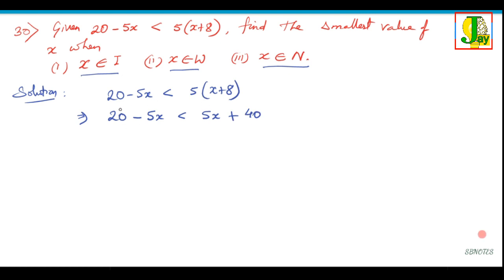or you can take 5 to that side first and then divide, because this one is divisible by 5 anyway, it doesn't matter. You can do this way also. So now we'll shift the smaller variable term to the other side. Okay, so 20 minus 40 and minus 5x goes to that side, 5x plus 5x, that's minus 20,